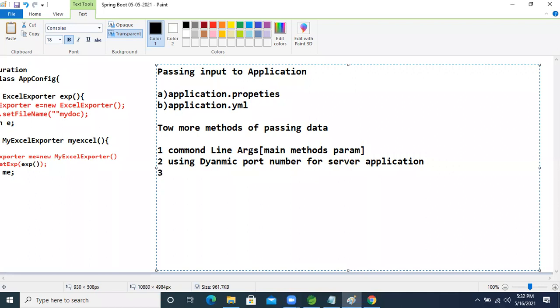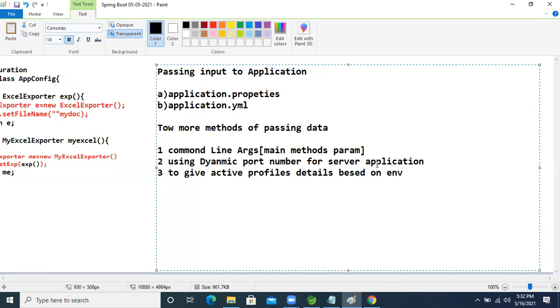Another one, guys, is to give active profiles based on the environment. Next discussion is profiles only.